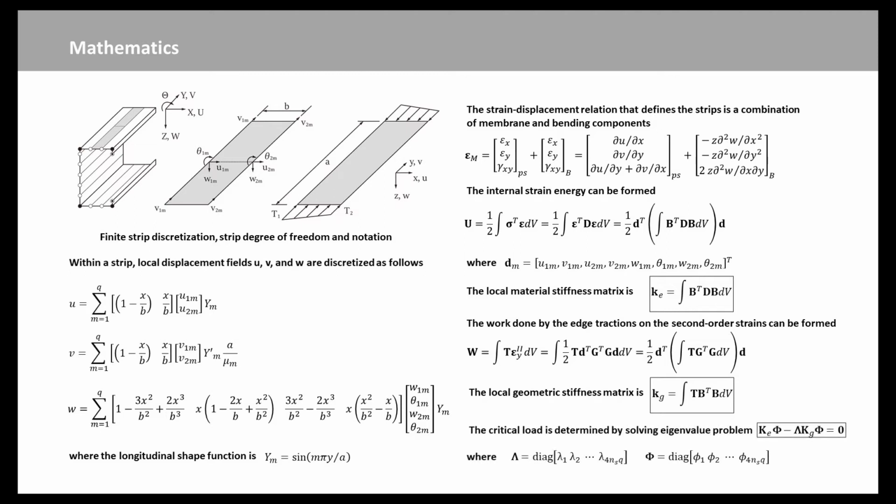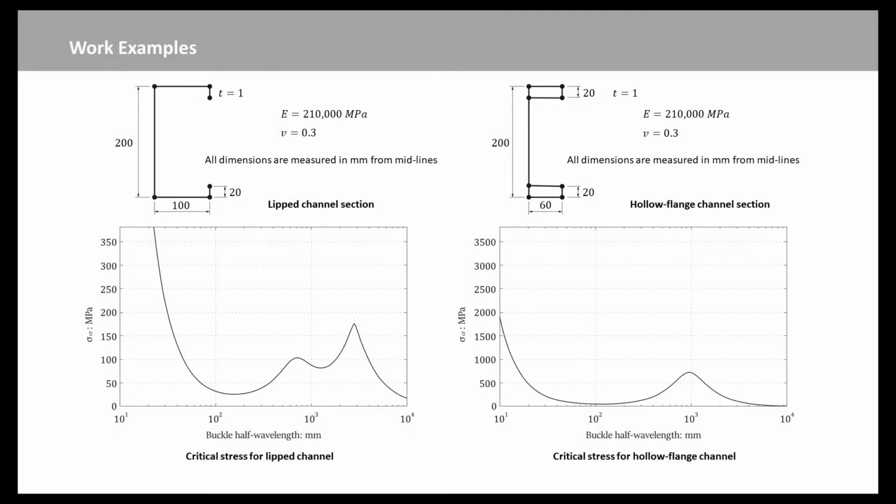For a given distribution of edge tractions on a member, the geometric stiffness matrix scales linearly, resulting in the classic eigen-buckling problem. In this problem, big lambda is the matrix containing the load factors. Big phi is the matrix containing in its columns the vectors of the linear combination factors, for example, amplitude factors. For the special case of simply supported end conditions, the m longitudinal shape function terms are orthogonal, and thus each m term is separable, and the problem may be approached as a series of q separate solutions.